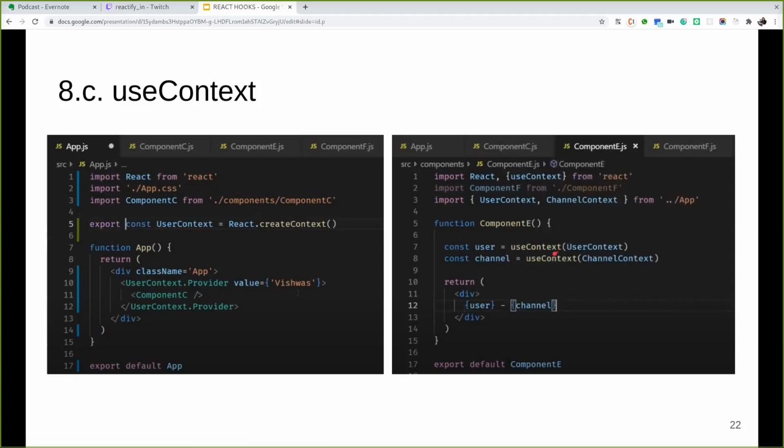We can simply use useContext with the argument of the imported user context, and then use the values inside curly braces to render them. It makes the steps even easier for us.